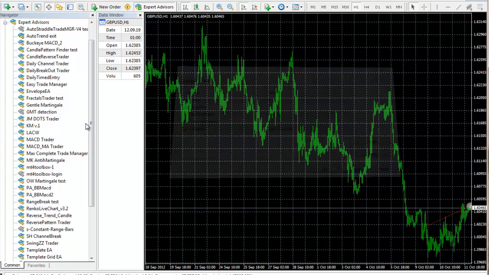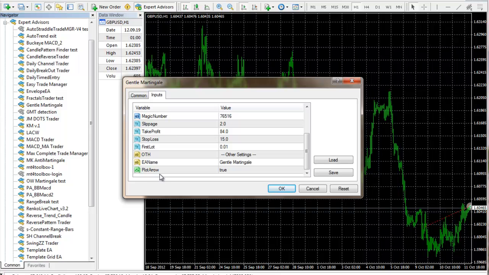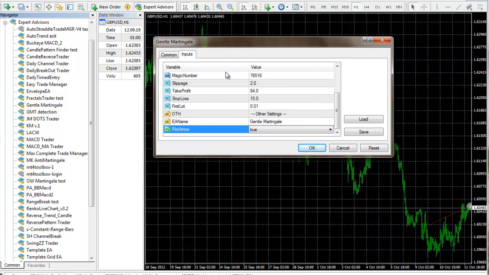It could also be, let's just find something else. So you could also be with this symbol. And this means the choice is either true or false. These are the external variables. Okay, and once you set the right combination of the external variables you want, you could click OK, then EA